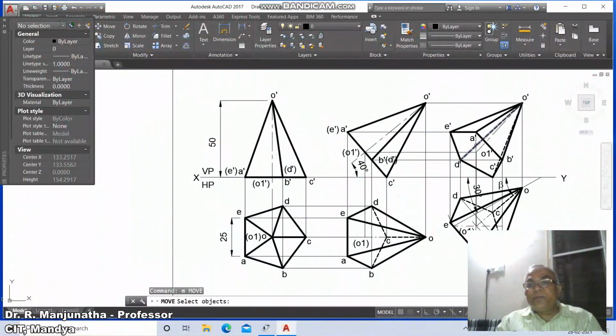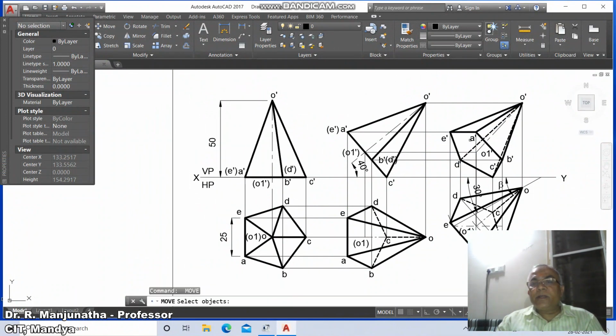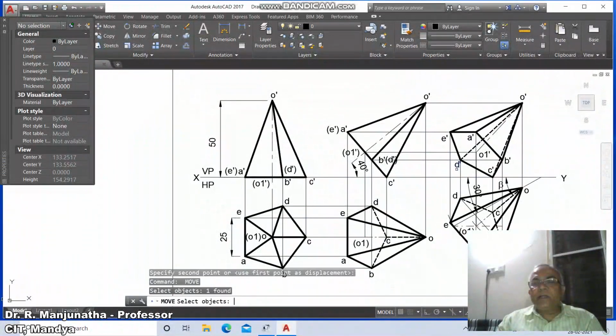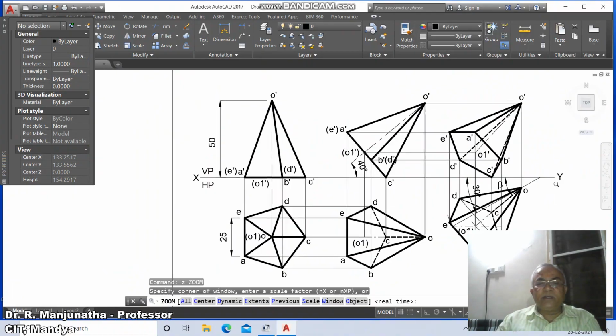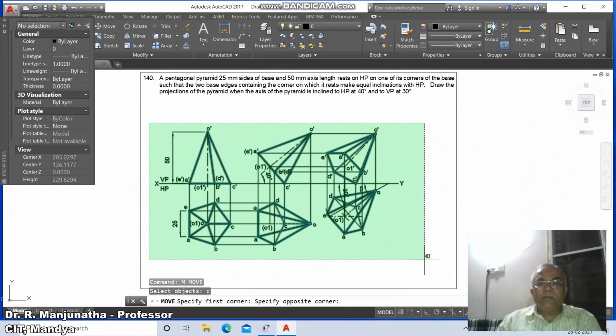Then go to move, take o dash and move it here, then take e dash, a dash, and here o1 dash, here b dash, here c dash, and here d dash, and here it is Y.